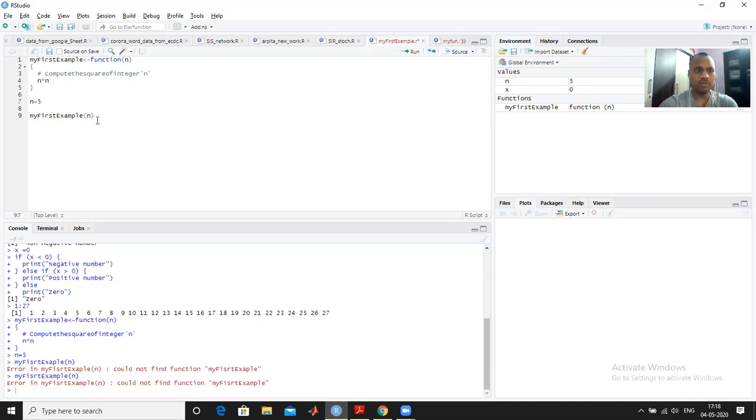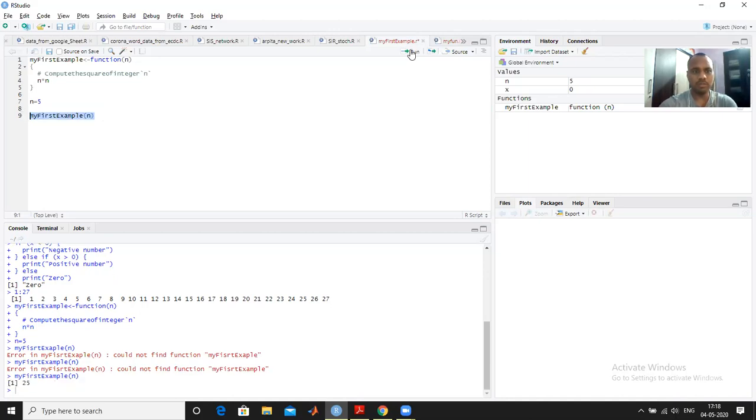I'm making a mistake. Yes, so it gives you my first example, n is equal to 25.